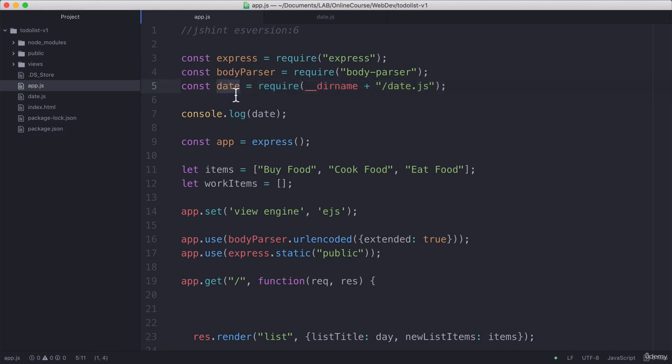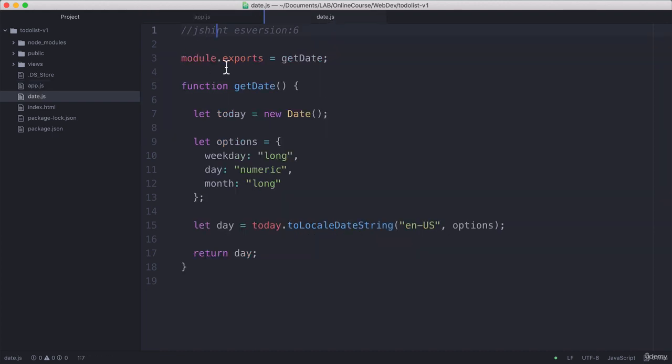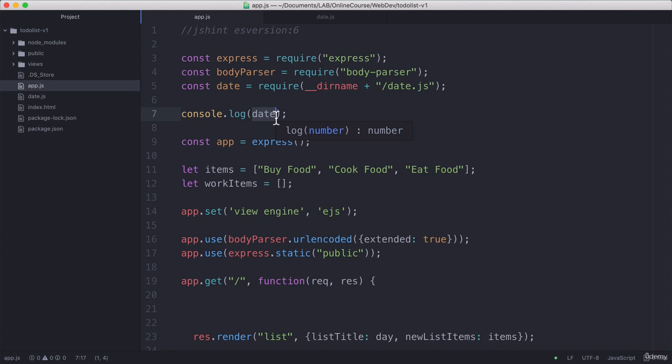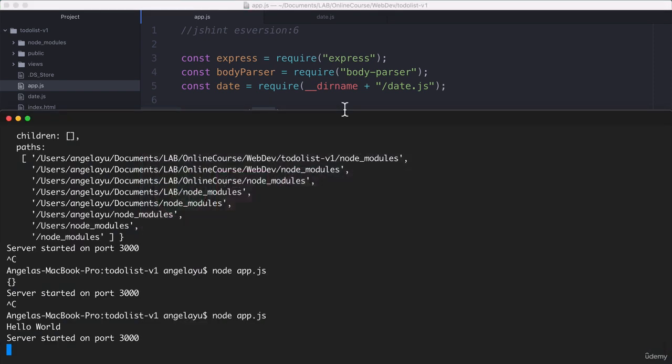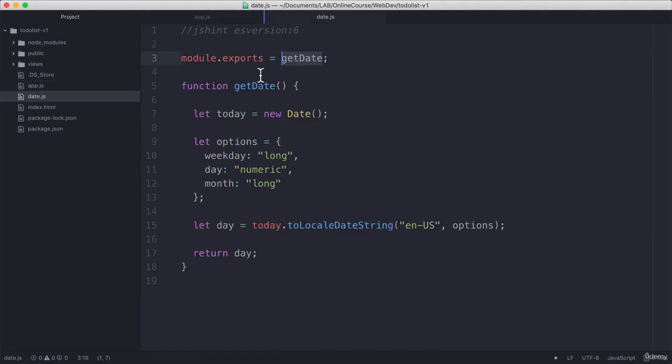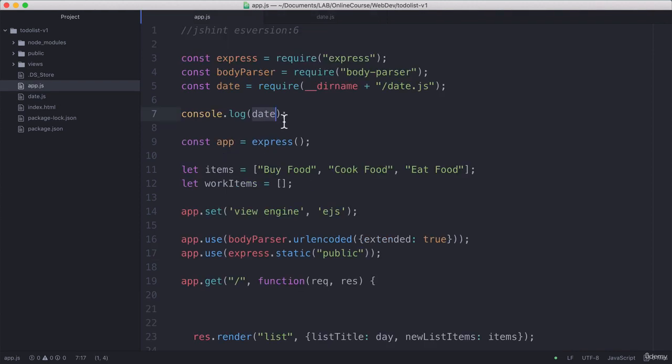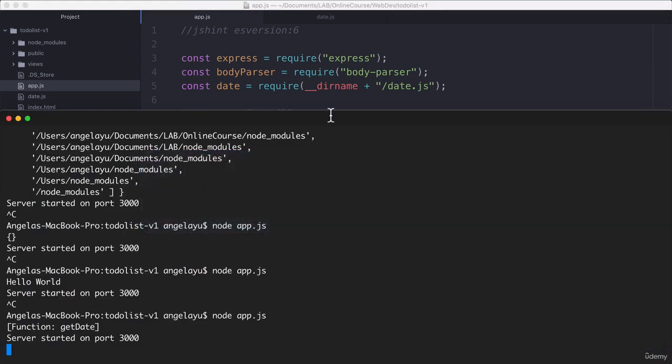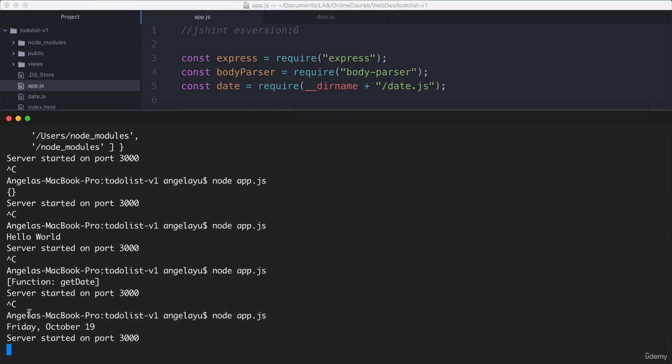So currently, our date object here is bound to the exports of our date module, and the exports of our date module is simply just a function. So if I were to log date as it is right now, you can see that it's only going to tell me that it's just a function and it's called getDate. It's not going to actually run that function and give me the return statement, which is the actual date that I'm looking for. If I want it to run, then I have to add my parentheses. So now when I rerun my app.js, you can see now it's running the function getDate